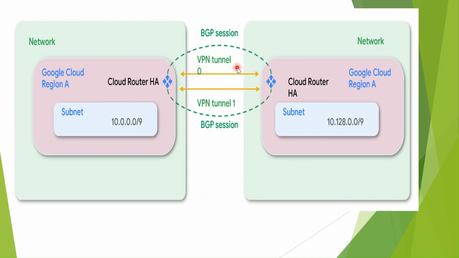Even if you have VLAN attachments, say one VLAN attachment of 10 Gbps and another of 50 MB or 500 MB, something like this, the important data can go on the 10 Gbps one and the less important data can go on the different attachment. So those are the options we have.